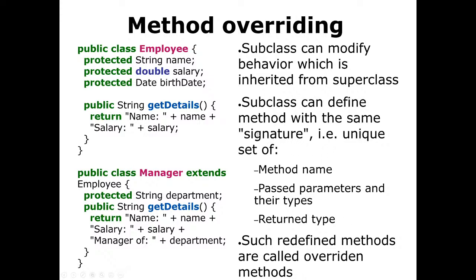As it is written, it can define the signature, and also some behavior of the method, which can be specified in a more specific way in the subclasses. And such redefined